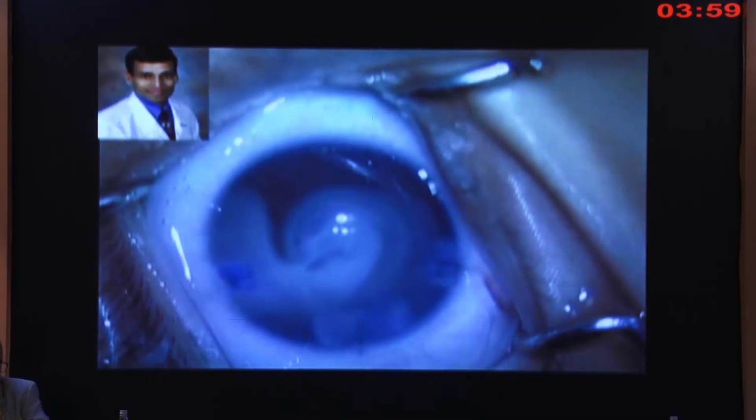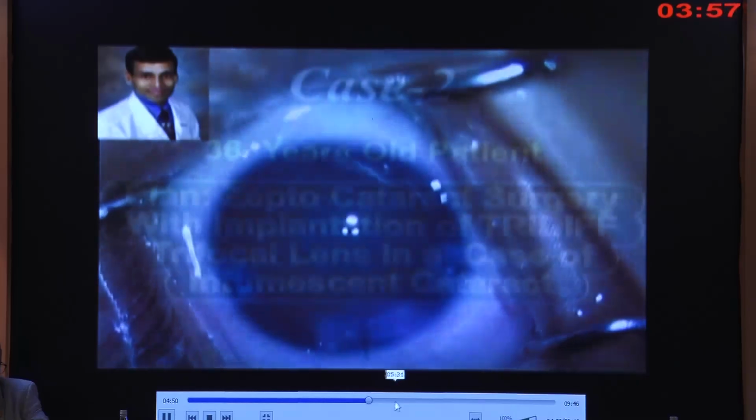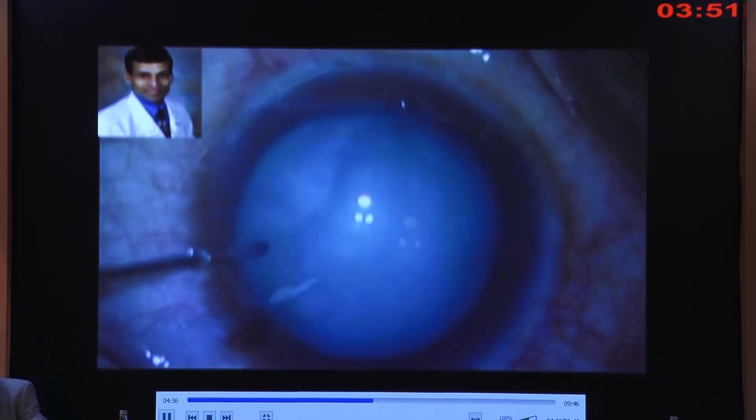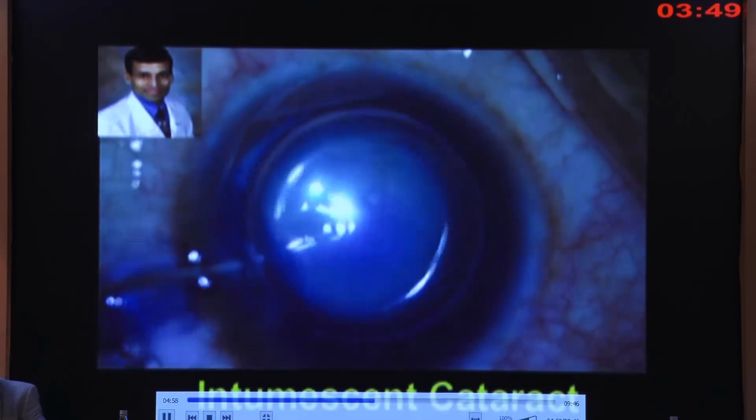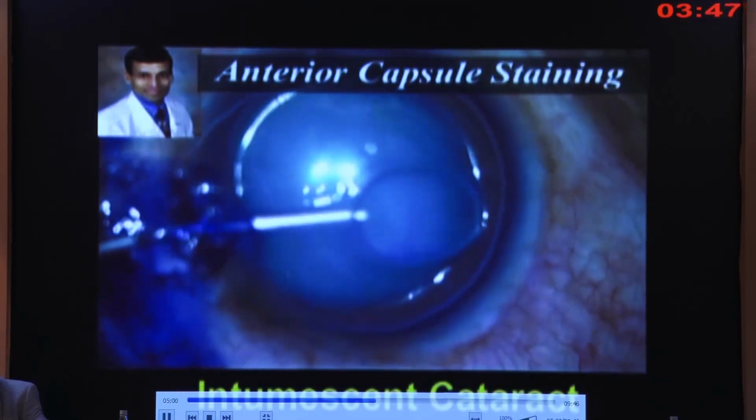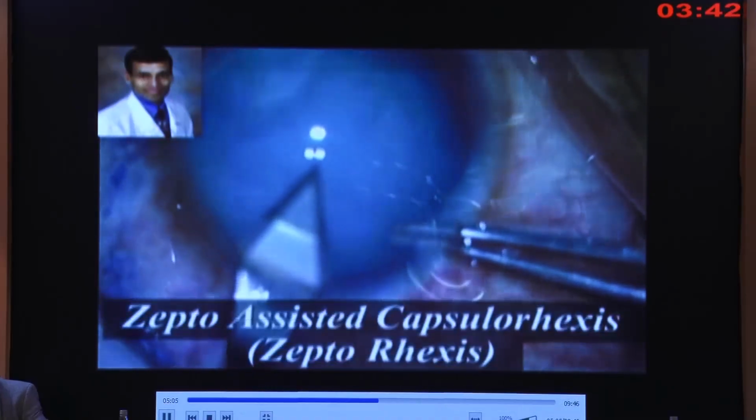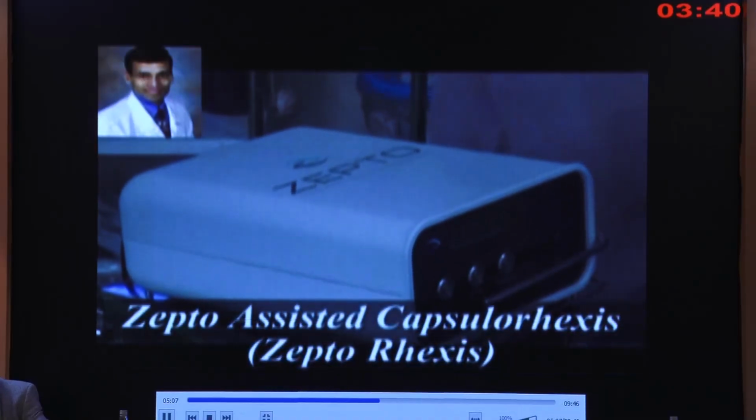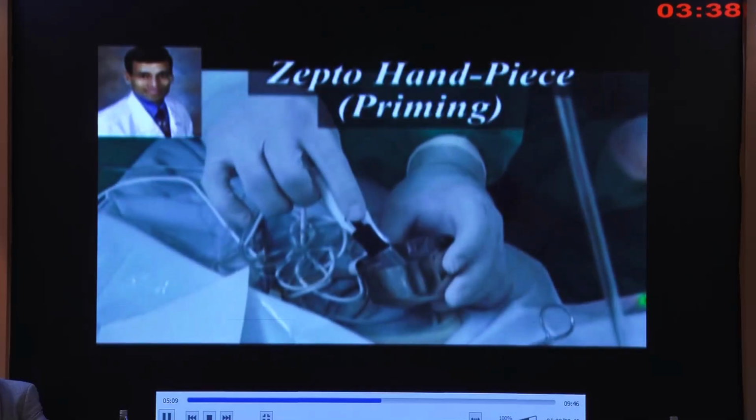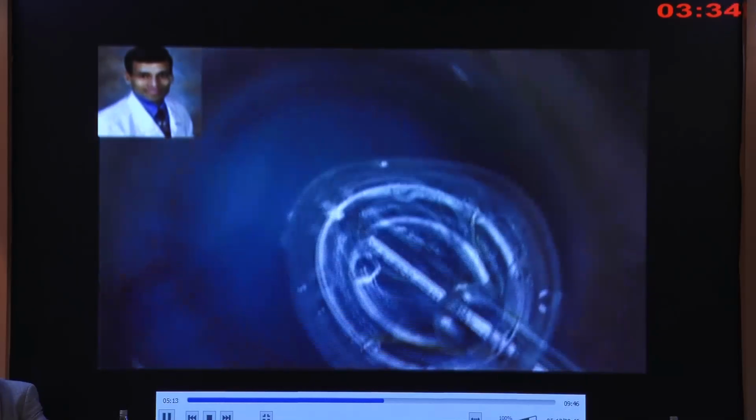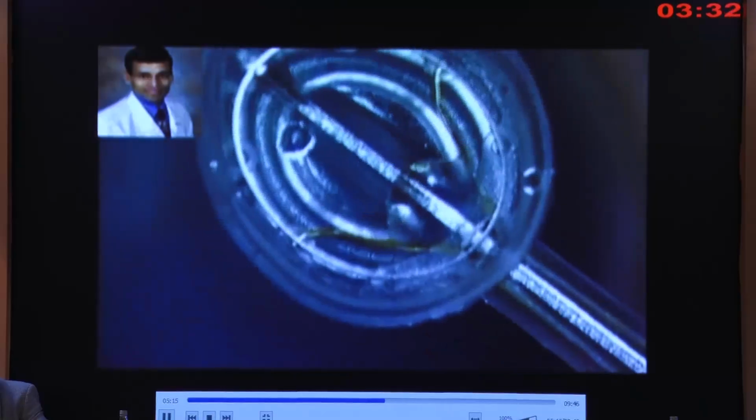visual axis. So this was the first case, and the second case I wanted to show you is a 36-year-old lawyer, and he came to us with a hypermature intumescent cataract, and you can see that the cataract was hypermature, and there was a milky fluid. So we planned this case for the trifocal lens, and this is the Zepto handpiece with the nitinol ring and